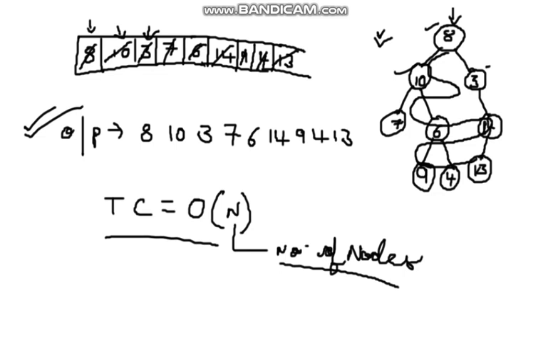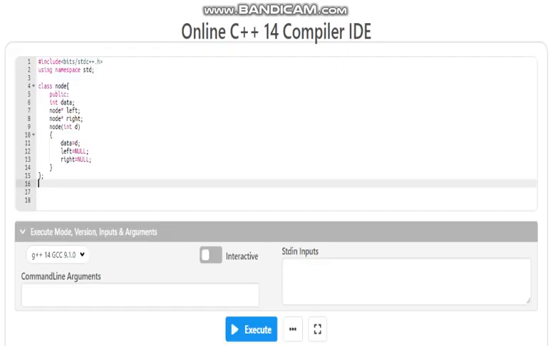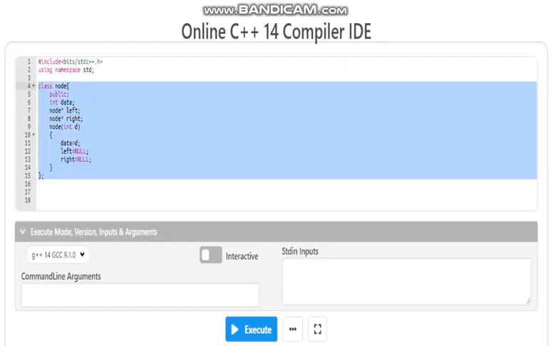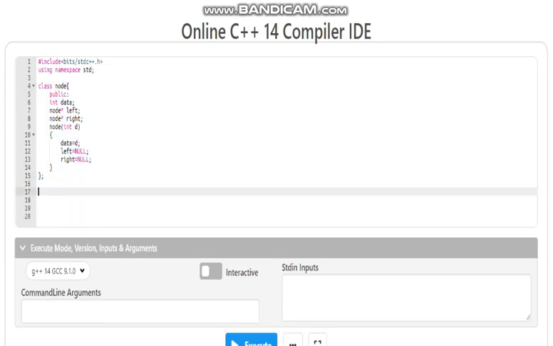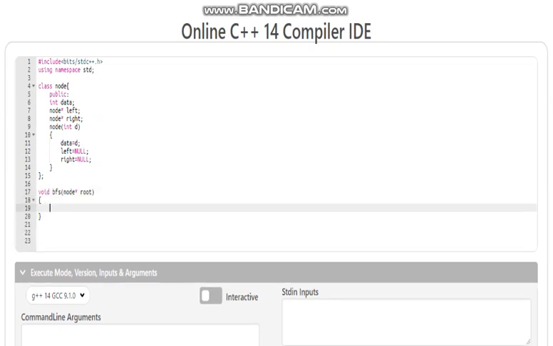So now let's move on to the coding part. I have already written the basic tree structure of the tree, and I will now simply write the BFS function, right? So we will start with it, it has a return type void, name BFS. It will take node star root as the parameter, and we will first make a queue of node.